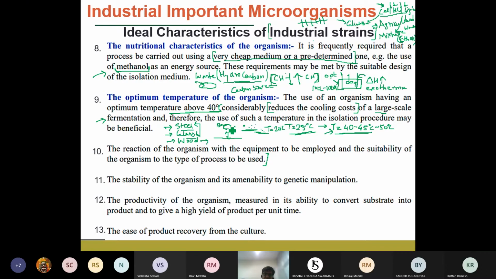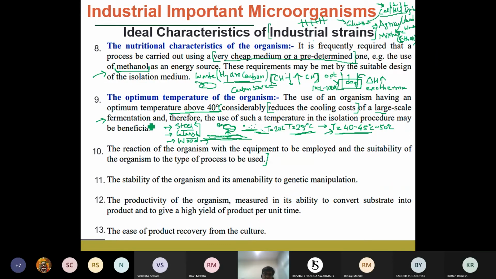Some of the microorganisms, especially in the case of metals, adhere strongly onto this type of metallic substrate, and they form some sort of a biofilm. Okay, biofilm is nothing but a large amount of these microorganisms depositing on the surface of the metals, and they form a thin layer onto the metallic surface.